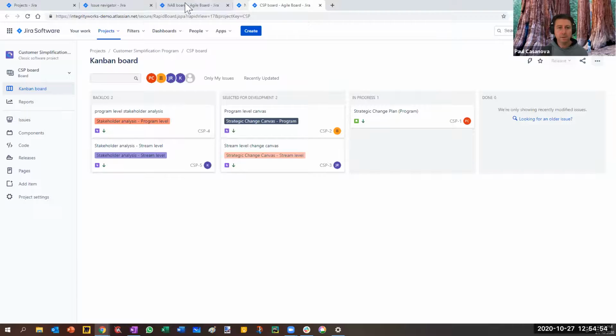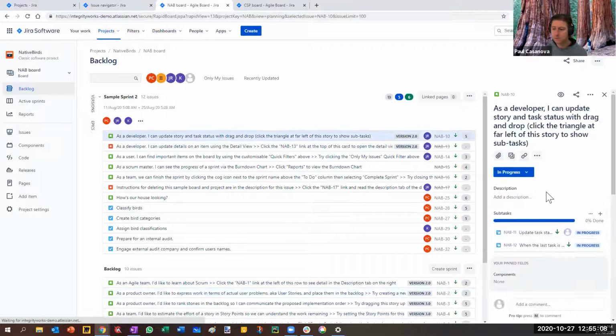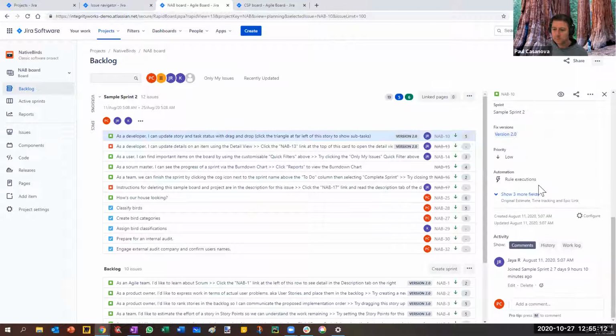Okay, so native plants. We haven't got anything on that one, but native NAB board, native birds, we've got a bit of data in that one. We've got stories, we've got bugs, we've got tasks. Okay, and what other sort of data have we got? We've got some subtasks in there, so that's cool. Okay, maybe let's use NAB board. And so if we write a filter here,